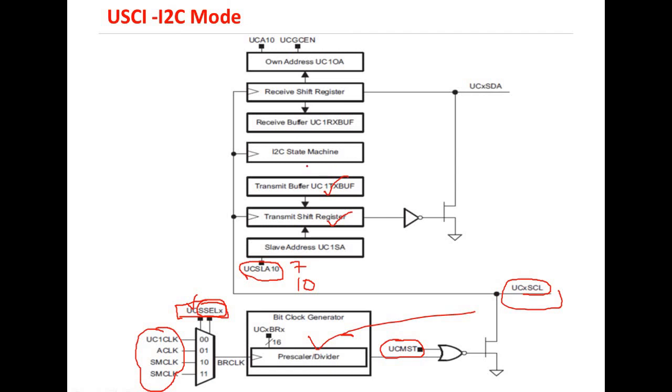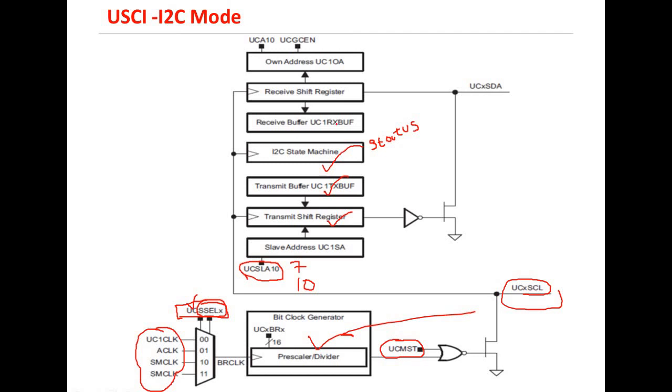And coming to the I2C state machine, in general, a state machine is any device that stores the status of something. It will store the status of something at a given time, and it can operate on input or output to change the status. And this is your I2C state machine, which is enabled to store the status of your input or output.